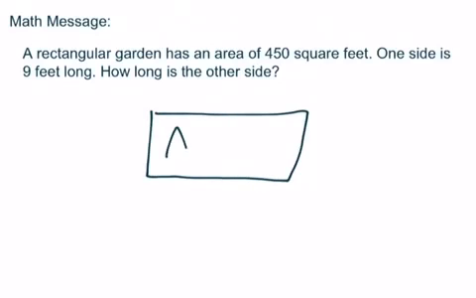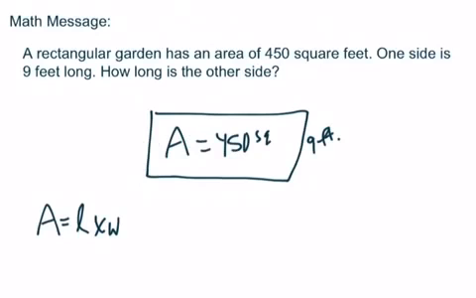And you know the area, so I'm going to just remind us a few little things. Area equals length times width, right? And I'm knowing that one side is 9 feet. So of course I already know this side, but they want to know this side, right? This side here. They're trying to figure out. Okay, so think that through. See if you can figure that out. And then when you have it, well, this we know is 450. I'm just going to go ahead and put that in for you. When you have your thoughts on that in your notebook, then come back and see what I have to say